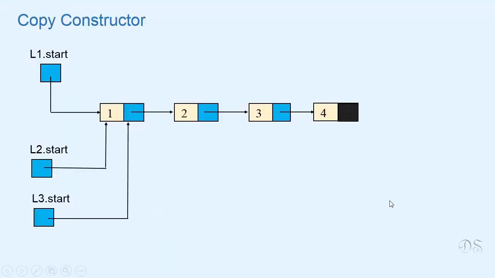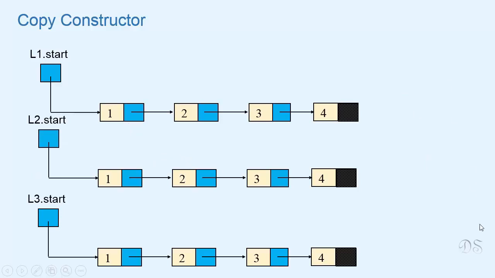So this is what happens in the program. The start data member is copied, and so start of all the three list objects contains the same address and hence points to the same node. So when we deleted the last node from this list, the same effect was seen for these two lists also. When we deleted the first node from this list L1, this node was deleted and was deallocated using the delete statement, while these two lists still pointed to that deallocated memory. And so we had a problem in our program.